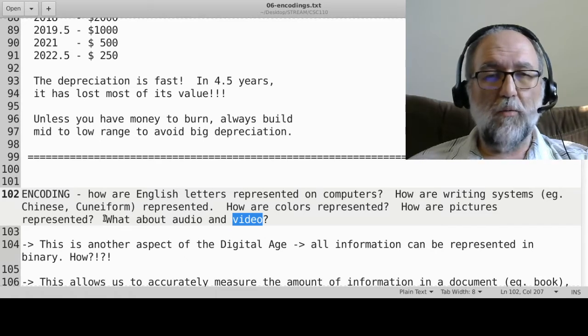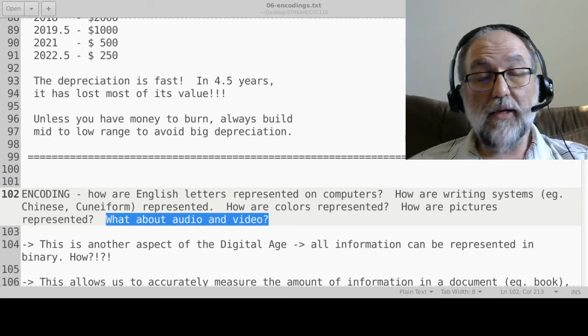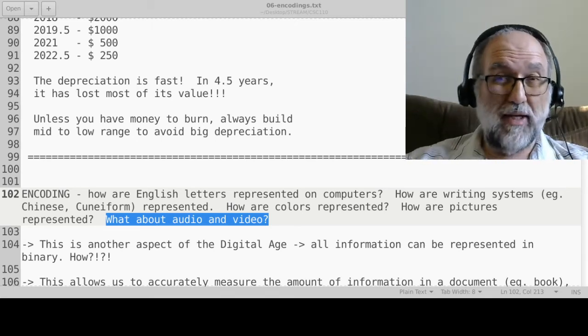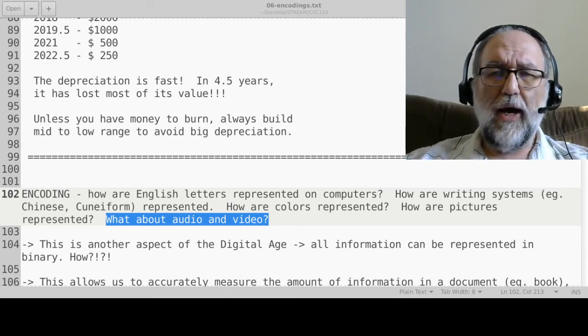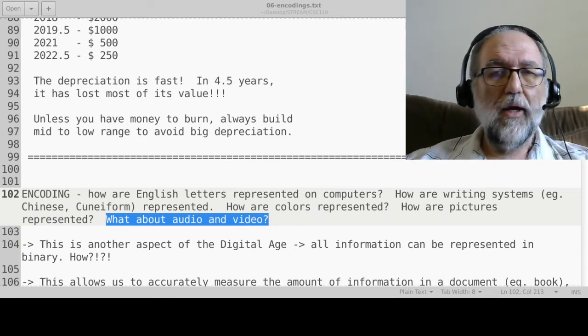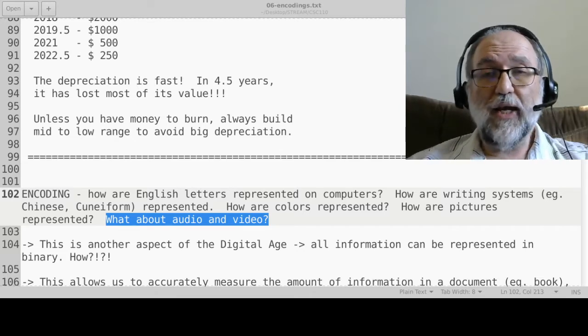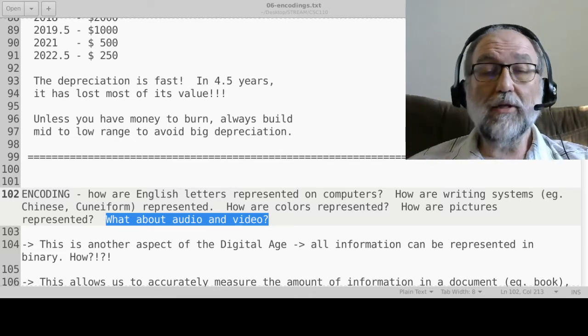So I'll go up to pictures, but I won't do audio and video because I don't want to get too far. It's important that you see that it can be done without necessarily knowing all the details of how audio is done and video is done and so on. Okay, once you've got that idea, then you have an appreciation of how digitization works,